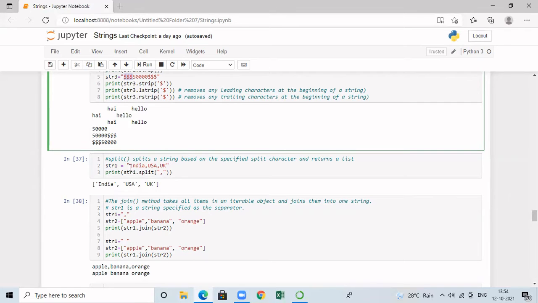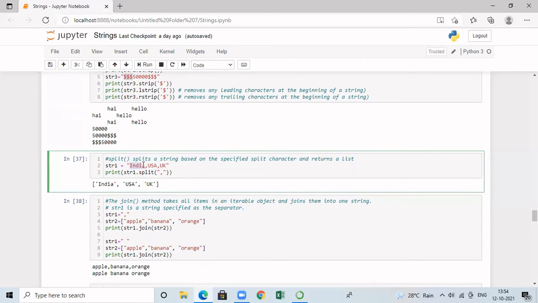So if you consider here, I have initialized str1 with India, USA, UK. This is containing the comma. I am going to split this string based upon this comma. So when I do that, starting from India, starting from the first letter I till this comma, one split will occur.